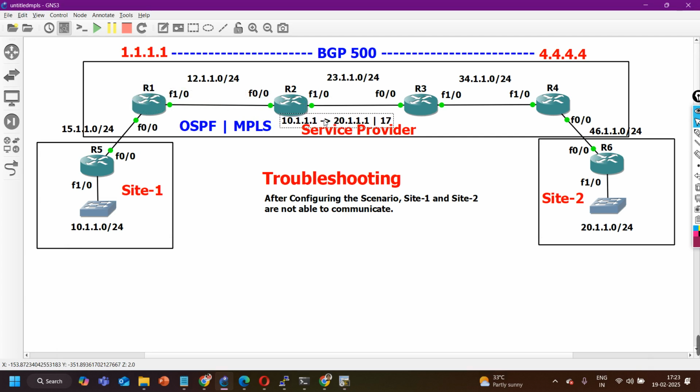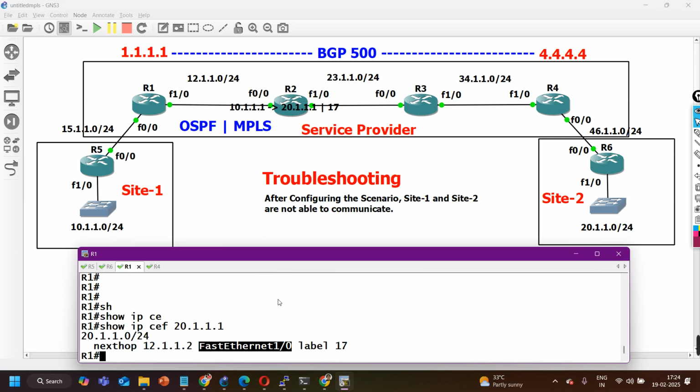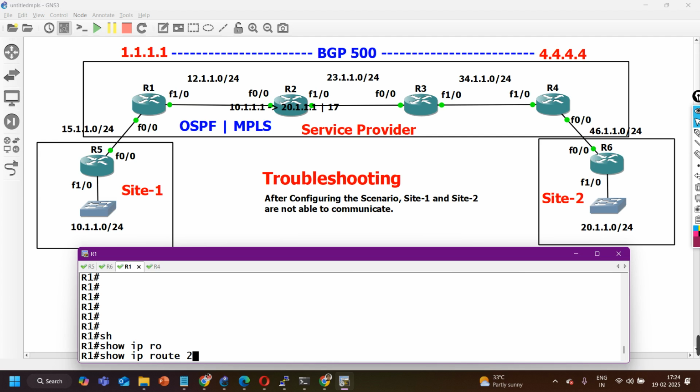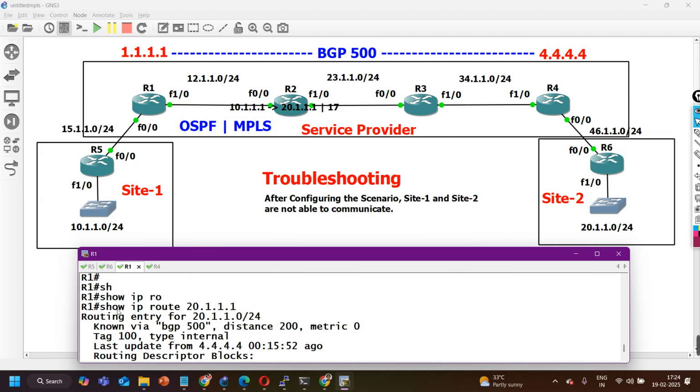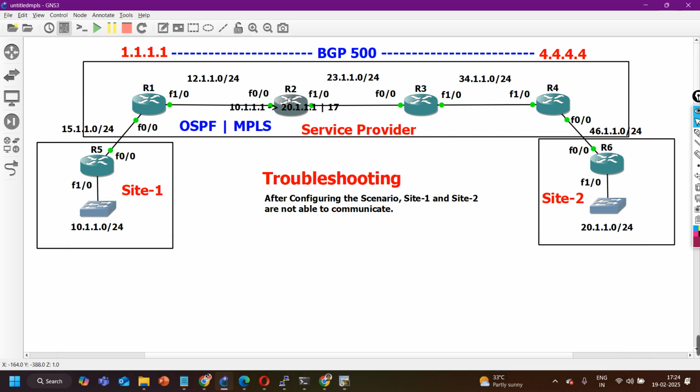When router 2 receives it, router 2 is not receiving a normal IPv4 packet. Router 2 is receiving what? A labeled packet. So when router 2 receives a labeled packet, it is going to check its LFIB table, the label forwarding information base table, right? It will compare the label, it will swap the label, and then it will forward the traffic, right? So router 2 is not going to open the routing table. Even if it checks the routing table, show ip route 20.1.1.1. So you can see, sorry, this is router 1. On router number 2,